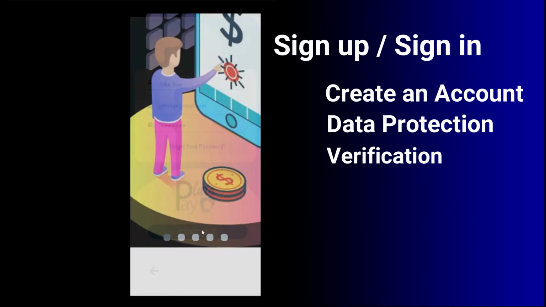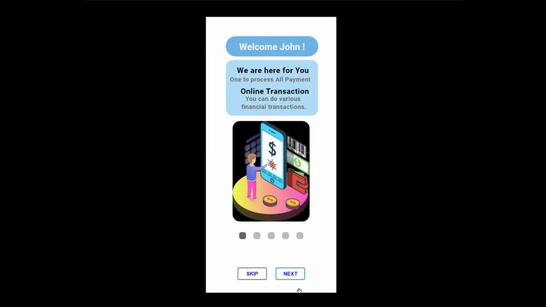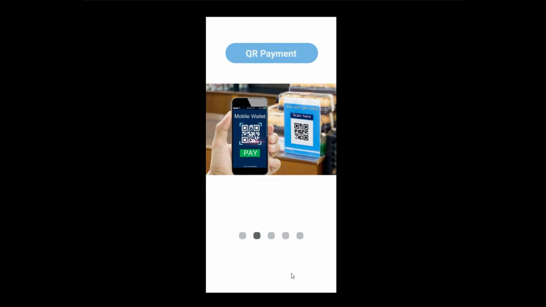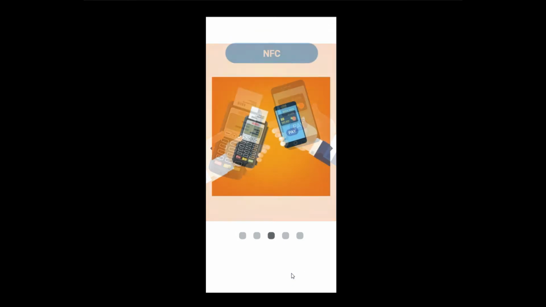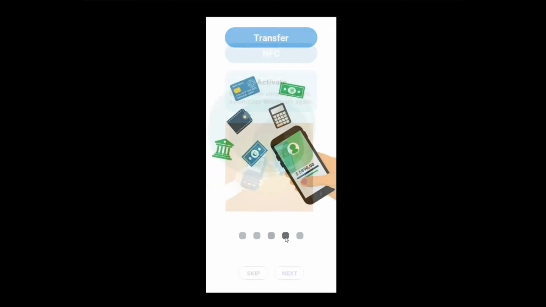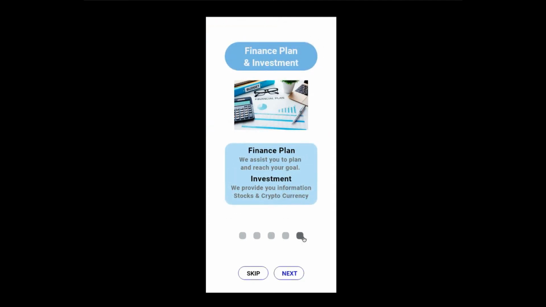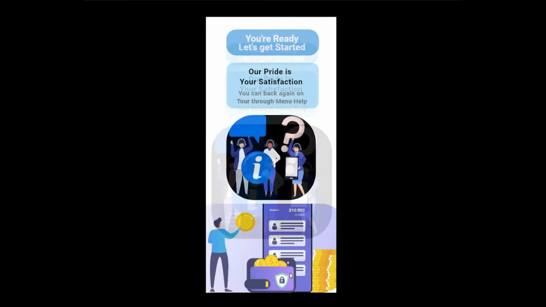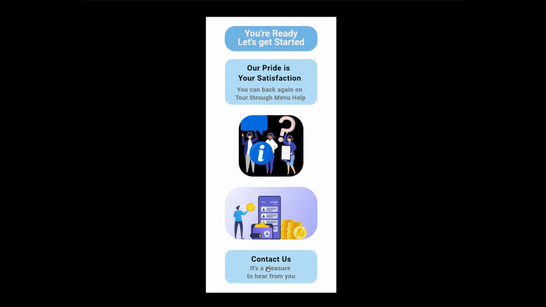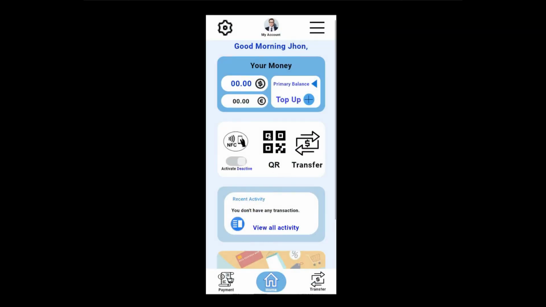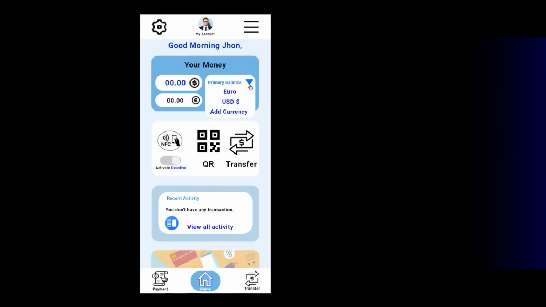We are now on the onboarding pages. These pages are dedicated to first-time users using our application. PlutoPay is dedicated to processing all your financial transactions, payment both in store for cashless payment or online in a variety of ways. That was a brief introduction to the main features we have in PlutoPay.